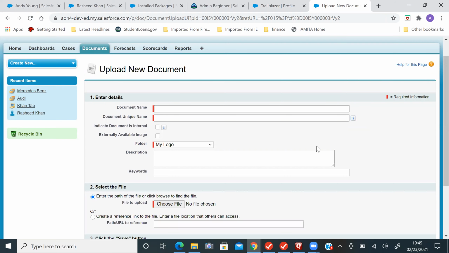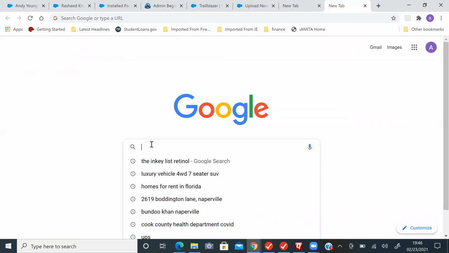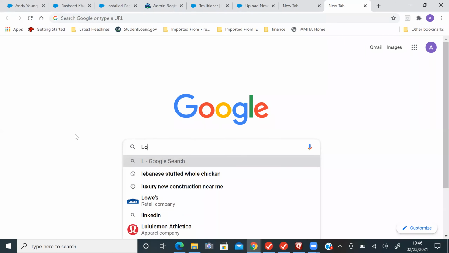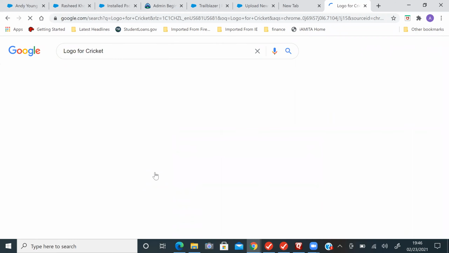Rashid, you can go on Google and download one image of around 15 or 14 KB, anything. I have created a note regarding this document folder and all. What should I search? The logo for the application, like cricket, or the bat and ball, anything.